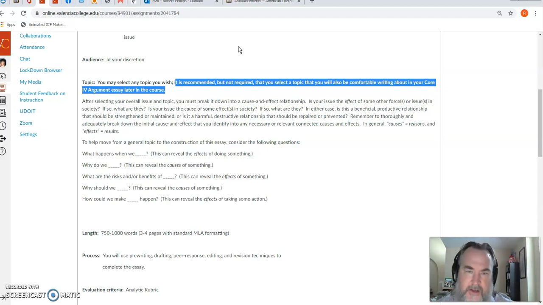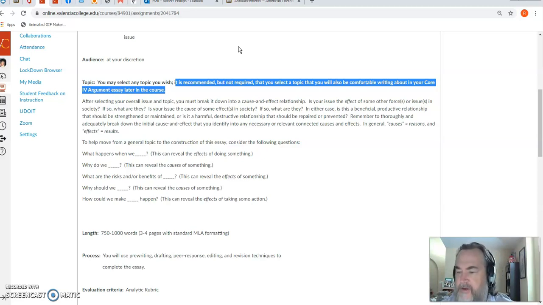Okay, well, what do we do about that? Is that good? Do we want these things to cause something else? Do we want this thing to be caused by? If that's good, if we want that, then your core 4 essay should help argue why this should happen, or how we can make sure that this happens. How can we ensure that this causes that? Because if we want that relationship, that's what you're establishing in your core 4 essay. How can we make sure that this relationship maintains?